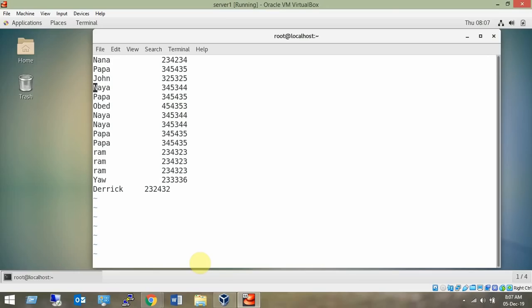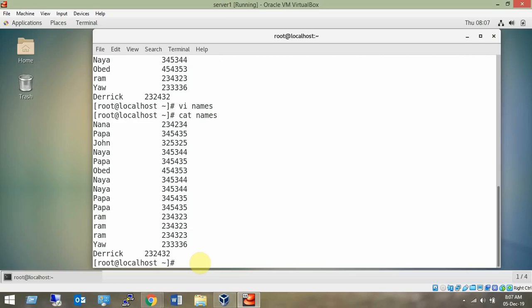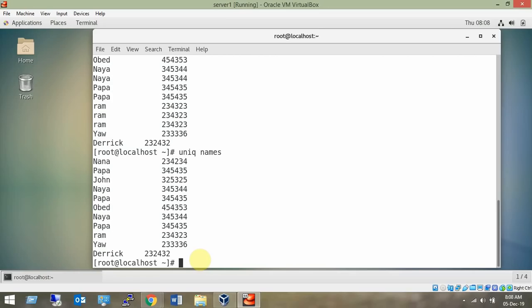Now I have created multiple duplicate entries in the file. So cat names. You know we have duplicate names in the file. So the uniq command will remove the duplicates if they are adjacent. That is the point. uniq, and it will remove the duplicate if they are adjacent.